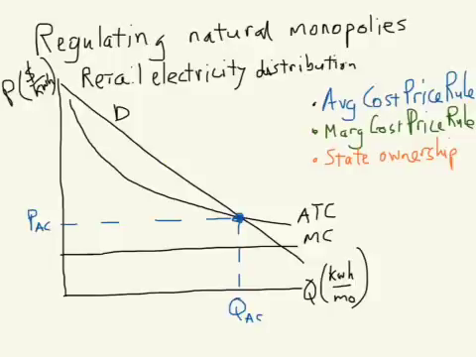There's a few problems with the average cost price rule. One of them will become apparent when I talk about the marginal cost price rule, or I'll use that as the transition to talking about that case. But just to talk in general about these price rules, one of the problems is the way they're administered, and this is true for garbage companies, cable companies, retail sewer, retail water, when they're contracted out, electricity usually, all sorts of regulated monopolies in the economy are managed this way. And the problem is when the government sets a price rule saying, hey, okay, well, we'll let you incur reasonable costs of serving this market and then charge a price that lets you earn 7 or 8% on equity,